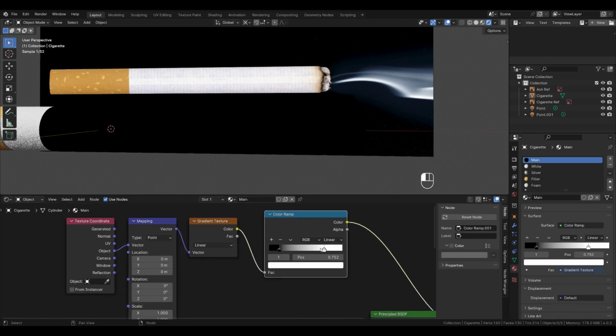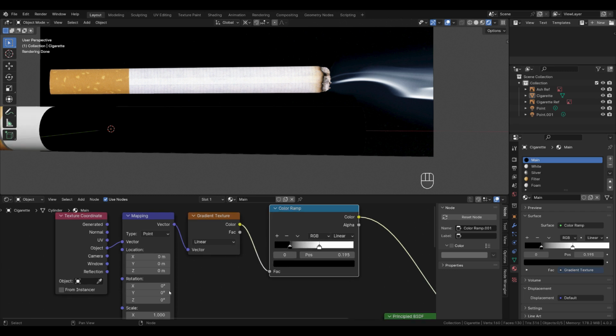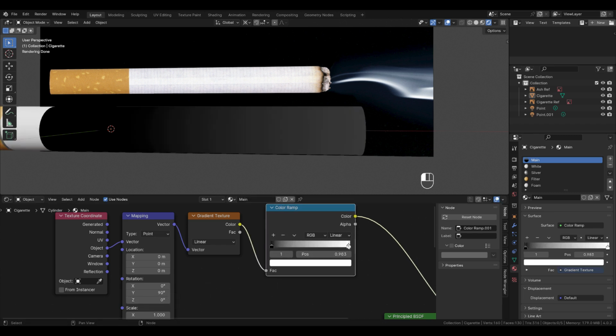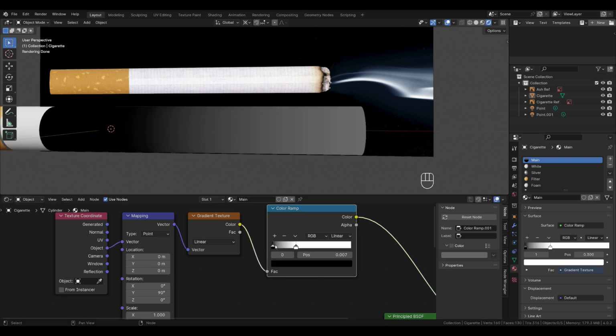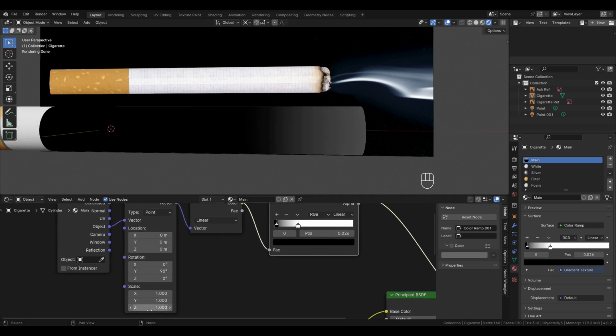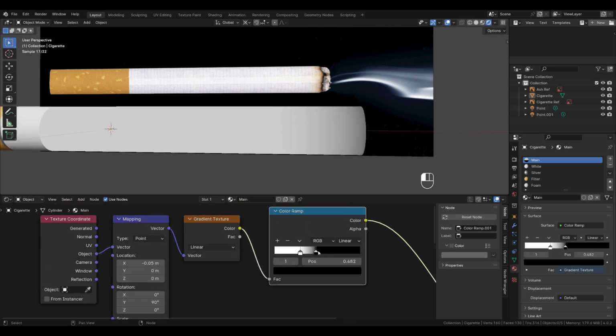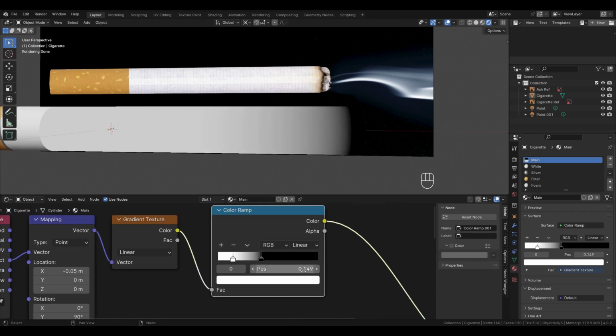And you don't see anything happened so far. We need to change the values here, so rotation at 90. And something is happening already. And I'm gonna change here the Z scale to be 12.1 and the X location to be -0.05. I'm gonna flip those, so I'm gonna use the right flag to be on the left side at position